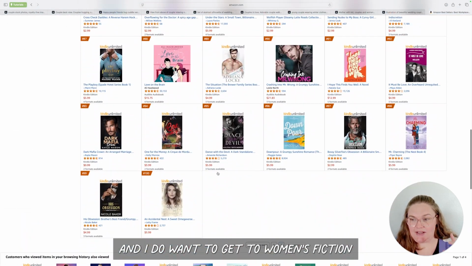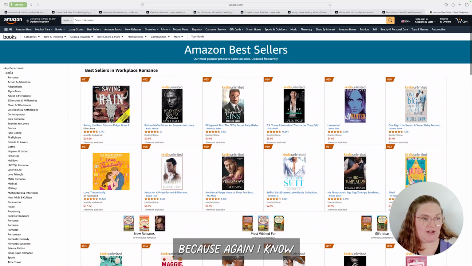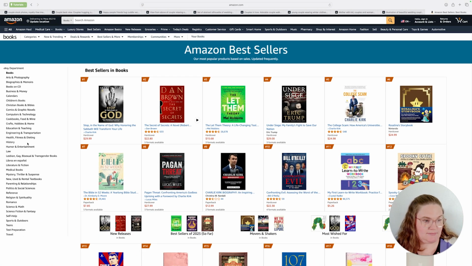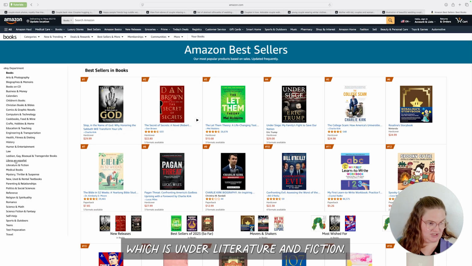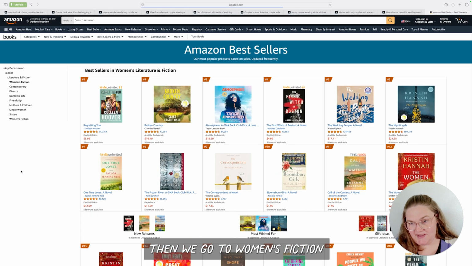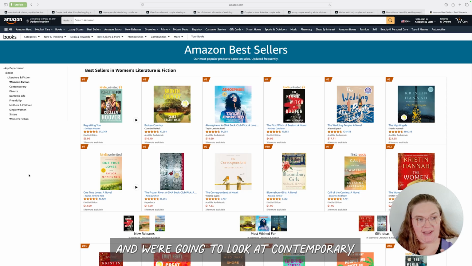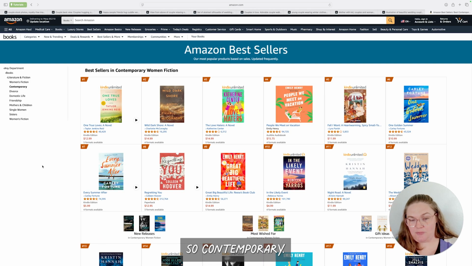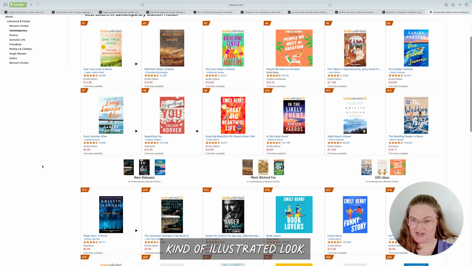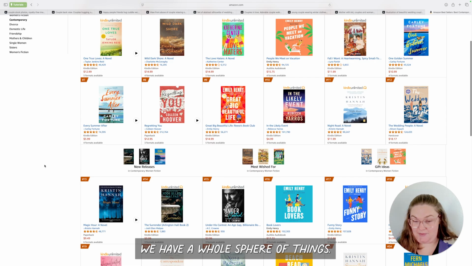And I do want to get to women's fiction because, again, I know that will be another popular genre here, which is under literature and fiction. Then we go to women's fiction, and we're going to look at contemporary. So contemporary, you are seeing a lot more of this kind of illustrated look. We have a whole slew of things. So we do have